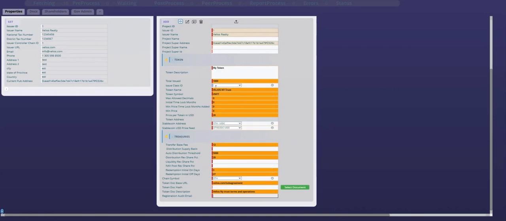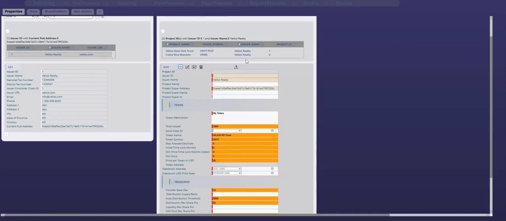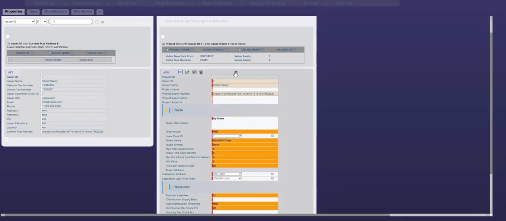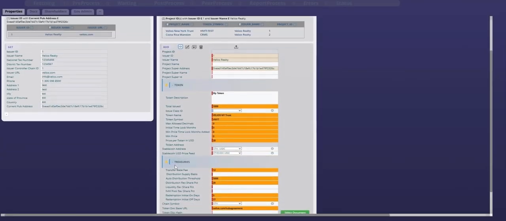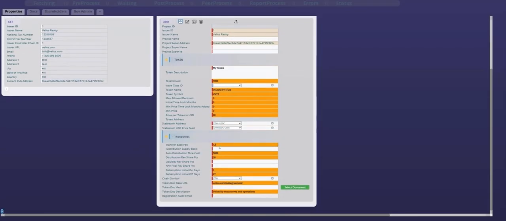Now, once you've done this, you click the upload button. Same thing right here. Add, upload, add, upload. So when you're done, it says, hey, we're missing a few things. Now, if we weren't missing those few things, because let's say we set the distribution supply basis at 1 million,